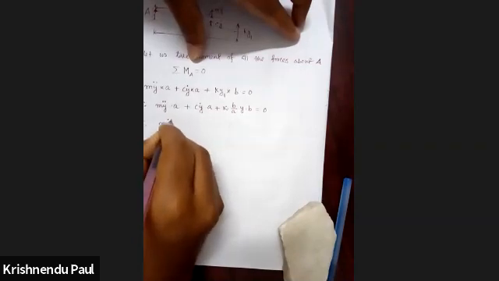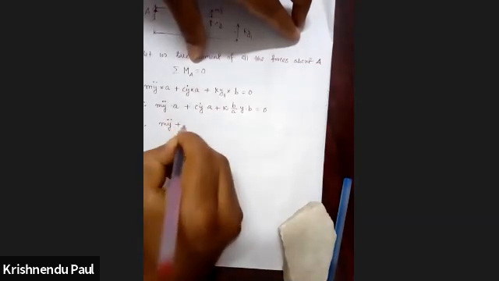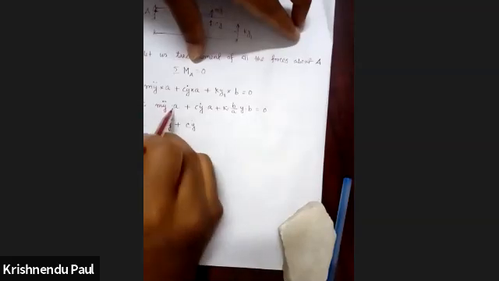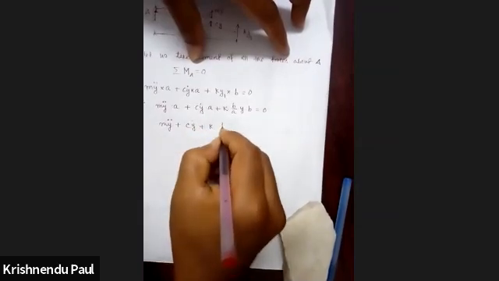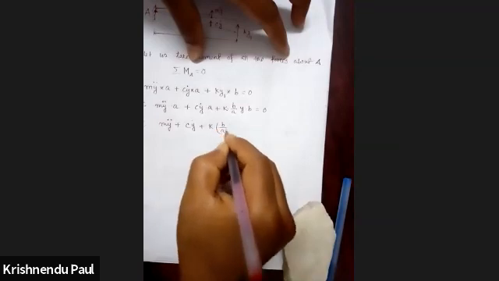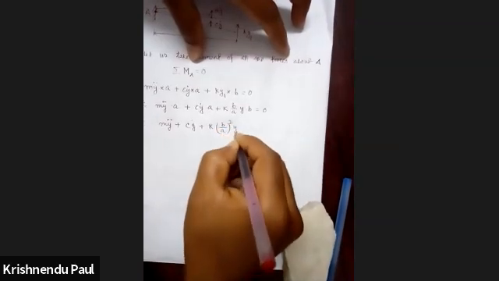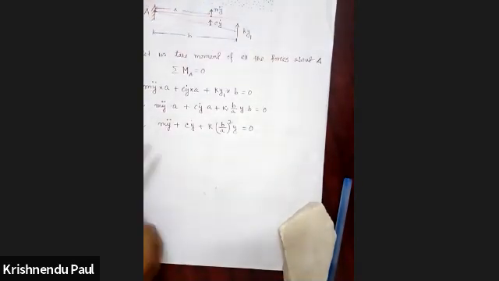Okay, now m y double dot plus c y dot. Let us divide this total term by a. Okay, this by a, this by a, this by a. We can do that, no? Plus k b by a whole square y. Check whether you can write it or not. Yes, sir, correct.